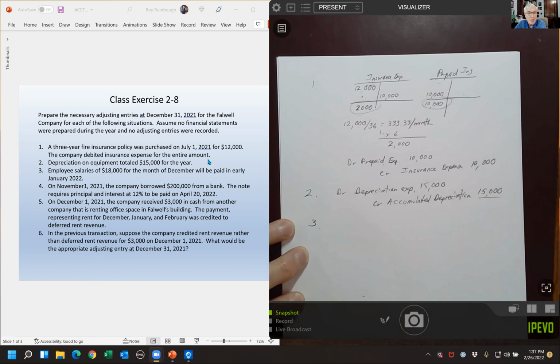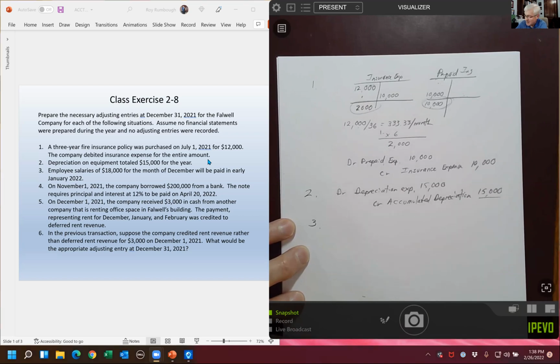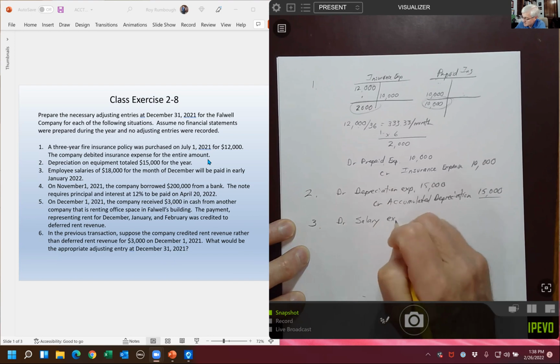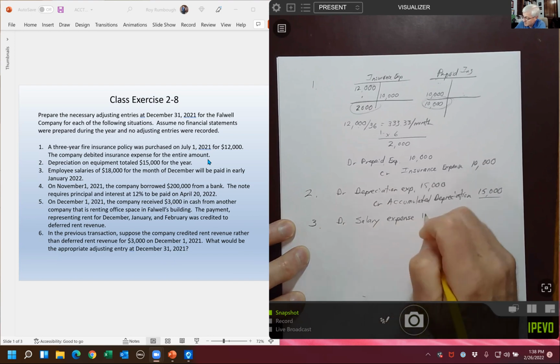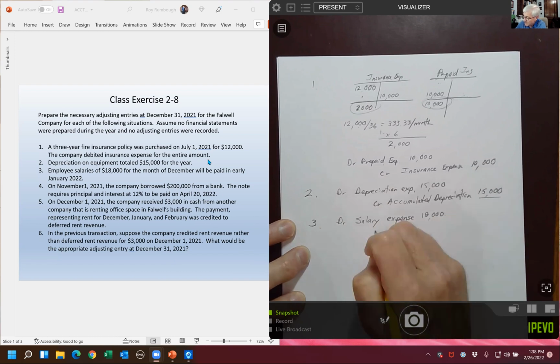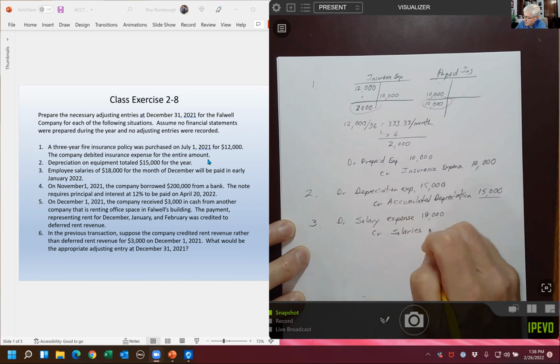Okay, we have employee salaries. So employees work for the month of December, and they provided services worth 18,000, and we're going to pay them that 18,000 next month. Well, we are accrual-based accounting, so we've got to take care of that now. Debit salary expense for 18,000 and credit salaries payable